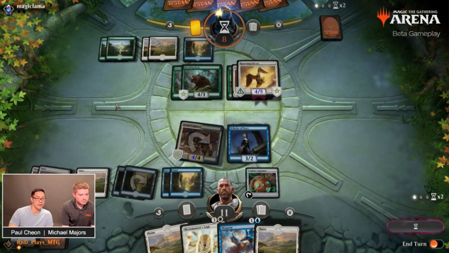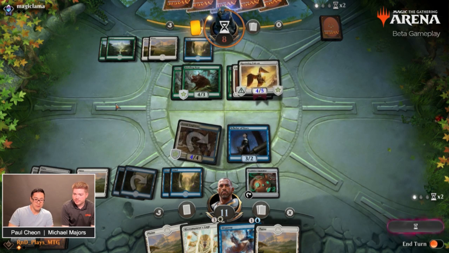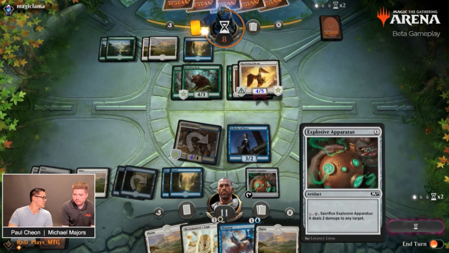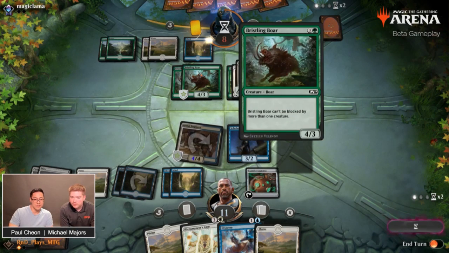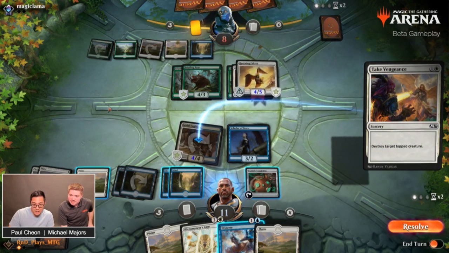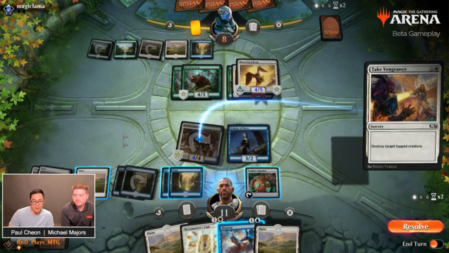Oh, I have a cool play. That's not that cool. But you look like you're in good shape. Well, the thing is we have the ability to Disperse something and then Cage something and finish our opponent off with the Explosive Apparatus. What is under the boar right now? Or is it just 2 boars? Oh, 2 boars. Okay. What's under the boar? Another boar. Sure. What's in the boar? The boar. Do we need to Disperse that? I mean, probably. This feels like our route to victory. And let's see. We can get...